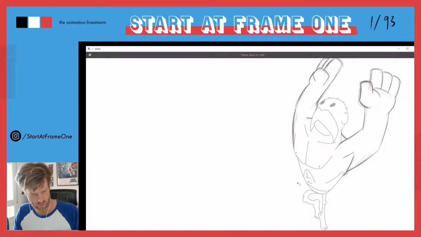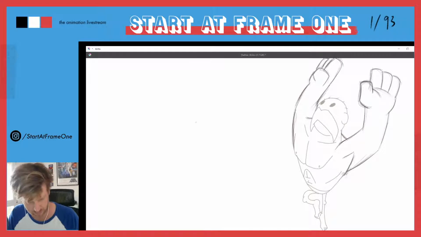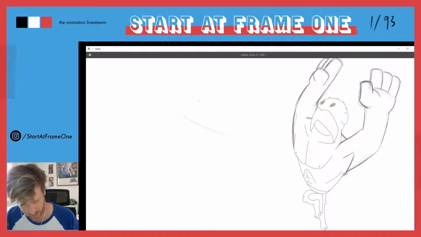Unfortunately, this is the view from the back. Let's see if we can find any reference here from the top. Yeah, but I'm not that off, apparently. So let's try it again. So this is the top of our